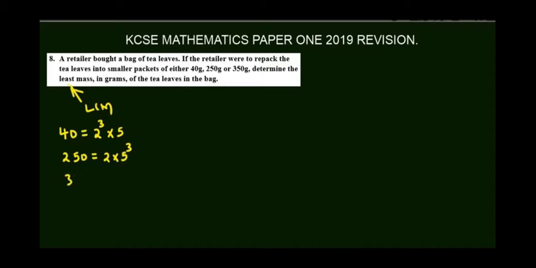We also have 350 grams, so that should give us 2 cubed by 5 cubed by 7. So in order to get the LCM,